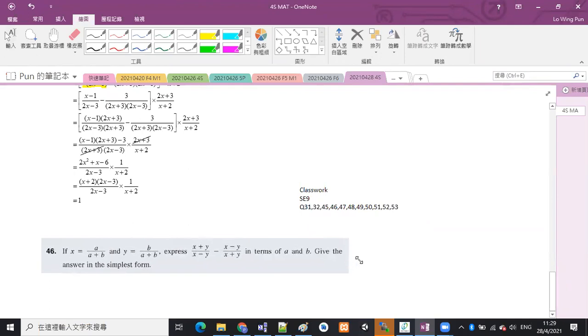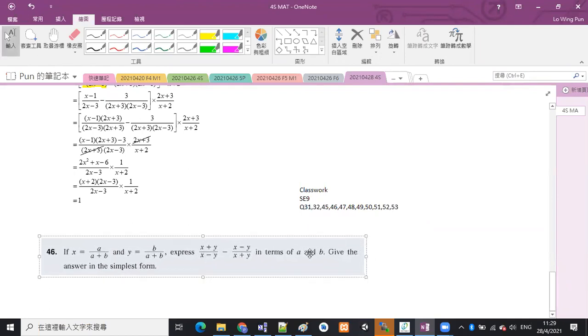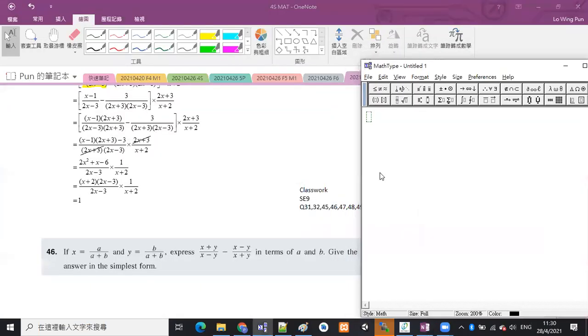So if x equals a over a plus b, y equals b over a plus b, express x plus y over x minus y minus x minus y over x plus y in terms of a and b. Okay, give the answer in the simplest form. This one, the question is simple, but the calculation may not be simple. Okay, but let's see. If x is a over a plus b, y equals b over a plus b, then 嗱，呢度佢叫你計嗰樣嘢，其實得兩種，一種係 x 加 y，一種係 x 減 y，OK，我哋就分別計咗佢出嚟先。x plus y is a over a plus b